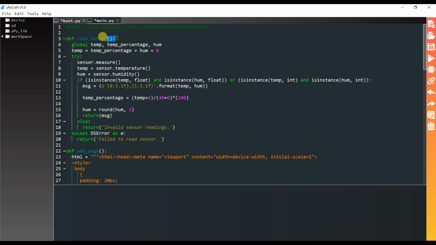Main.py. This is sensor read function, and it will measure the humidity and temperature. Here temp variable will store temperature of sensor, and hum variable will store the humidity of sensor.